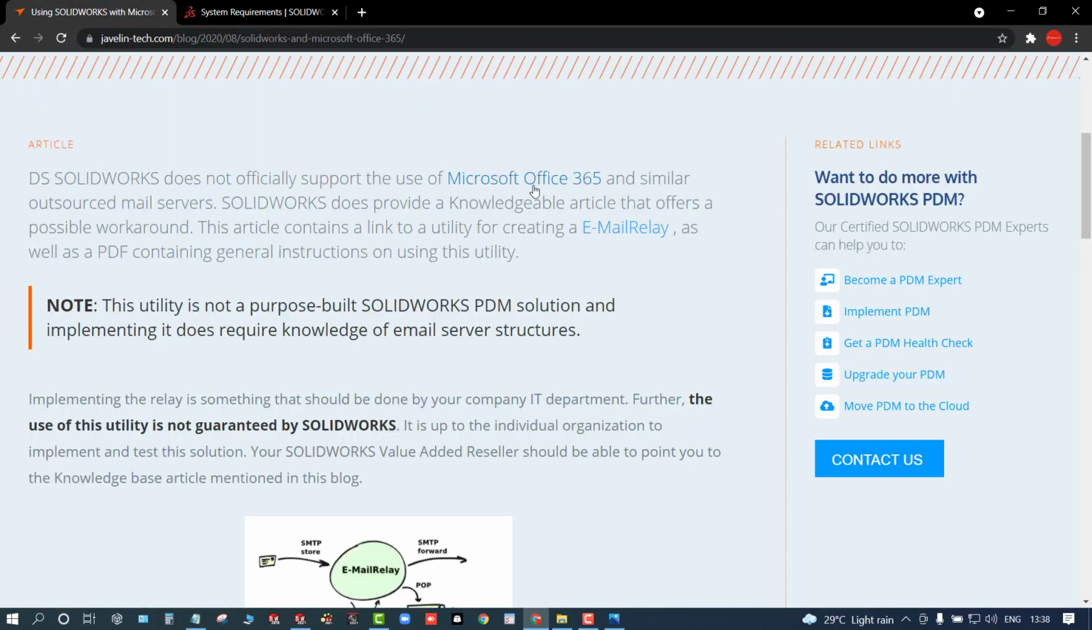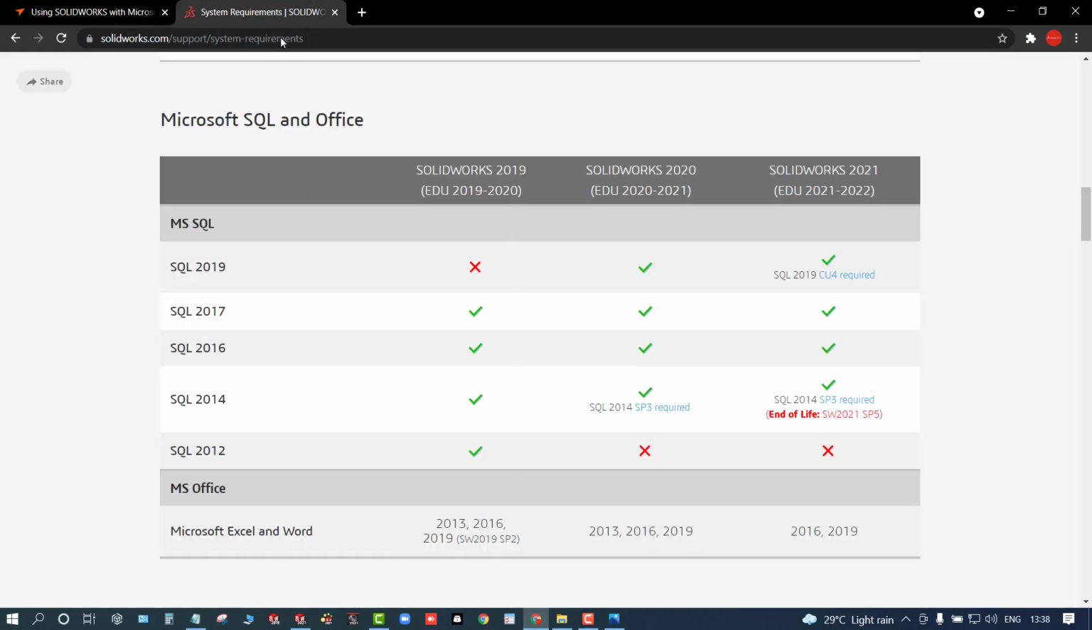Microsoft Office 365 will not support SolidWorks. We need to remember that. If you are dealing with Microsoft Office 365, remember it doesn't support activities on SolidWorks. To deal with this, we can check here the system requirements for 2020, 2019 and